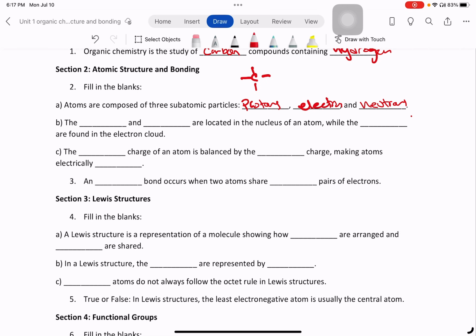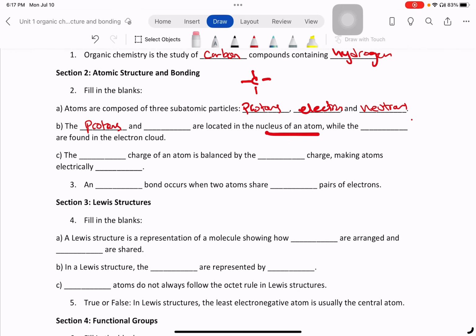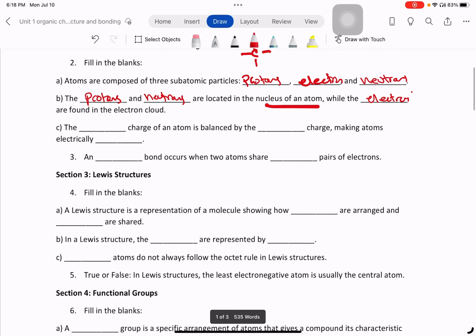We know that the protons and neutrons are located in the nucleus of the atom, while the electrons are found in the electron cloud. So we can say the protons and neutrons are located in the nucleus of the atom, while the electrons are found in